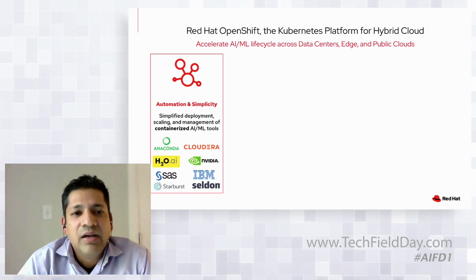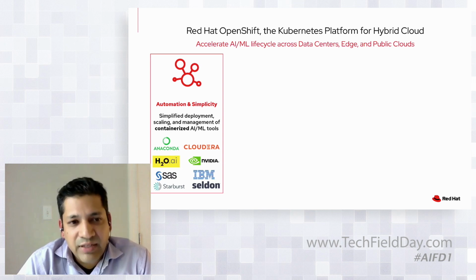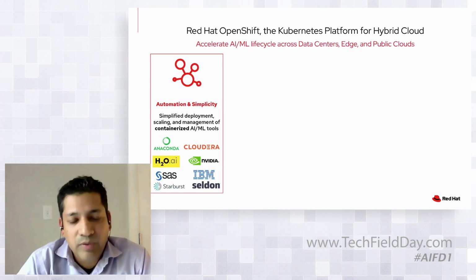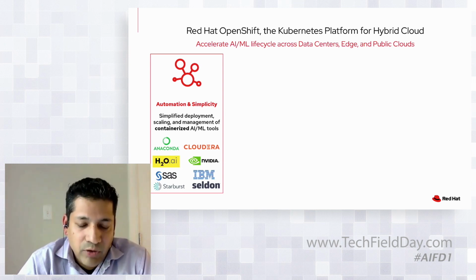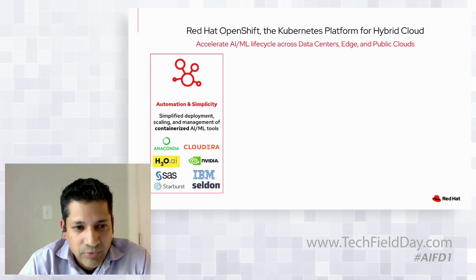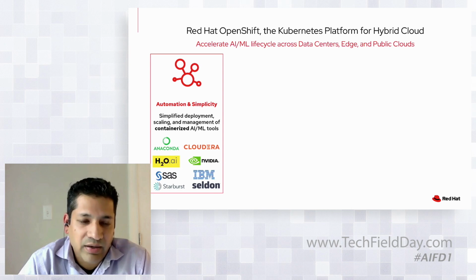But beyond that, we offer a lot more in terms of capabilities. The first one is automation and simplicity, because there are a lot of tools that customers may use, and some of these may be open source, and a lot of these may come from an ISV. So we've done deep integrations with the various ISVs to certify the containerized software, as well as build out the Kubernetes operators. That way, at the click of a button, I can deploy the software, and as needed, I can fully automate the update of the software as well.